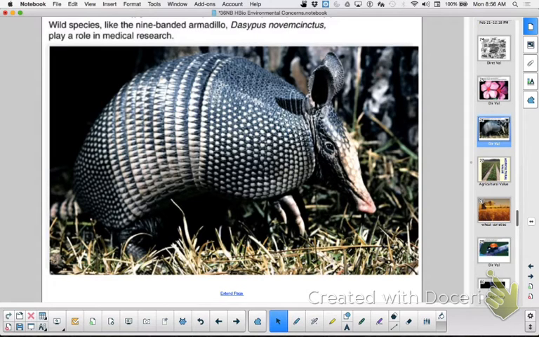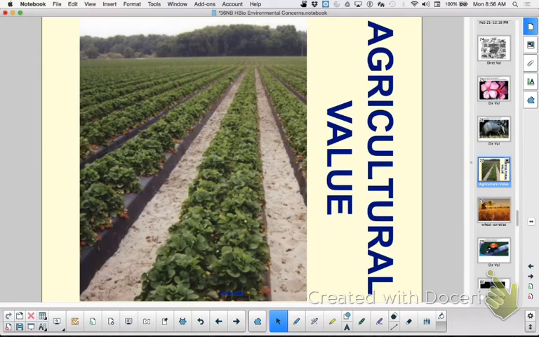All right. So medicinal value, that alone should be enough to maintain biodiversity. That should be important enough for you right there. But if that's not enough, let's consider the agricultural value. Why? Because we eat plants, right? We eat animals and we eat plants and fungi, usually, mushrooms, right? So our